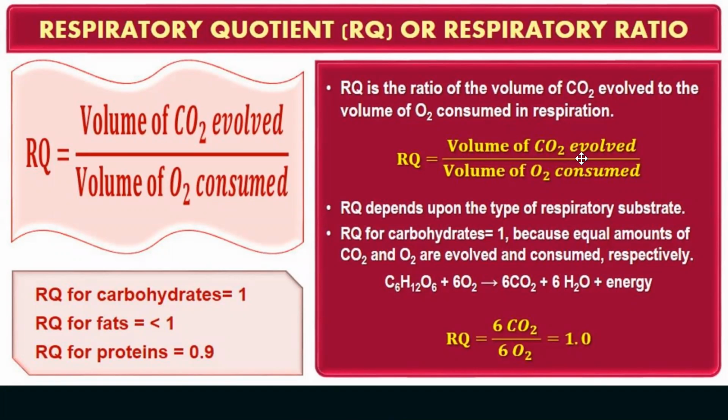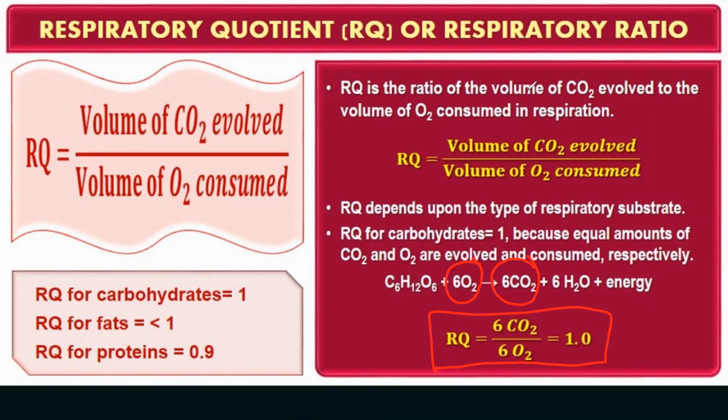For carbohydrate it is 1, because equal amounts of carbon dioxide and oxygen are evolved and consumed. Here, as you can see on the screen, 6 oxygen molecules are involved in the respiration and 6 molecules of carbon dioxide are released. So the respiratory quotient of